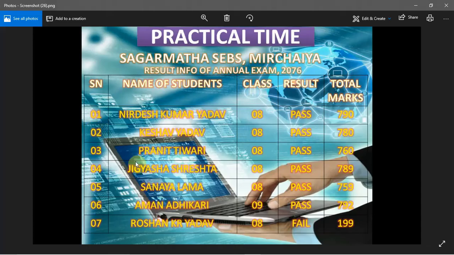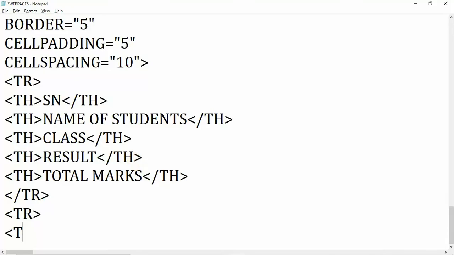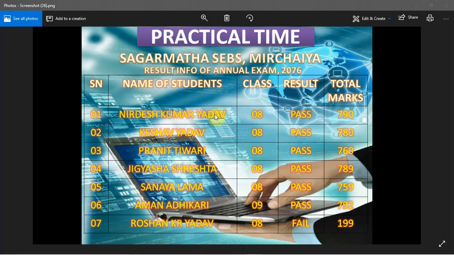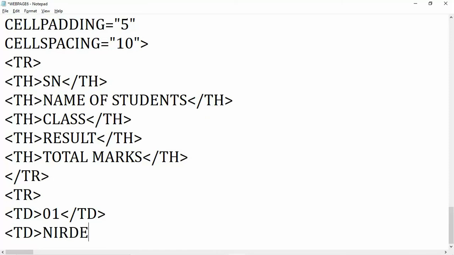So here we have to write TD. Now you can see 01, so write 01. This is the first data, and close. After that you have to write the name of the student. What is another data? Nirdesh Kumar Yadav, so we have to write here Nirdesh Kumar Yadav. Now close TD.